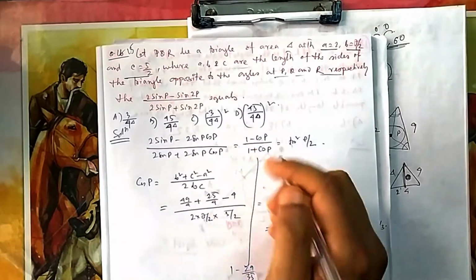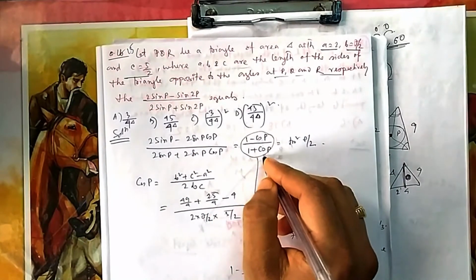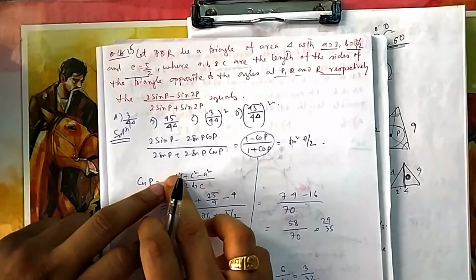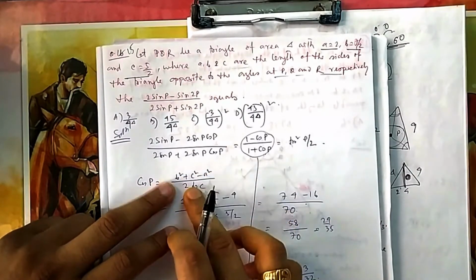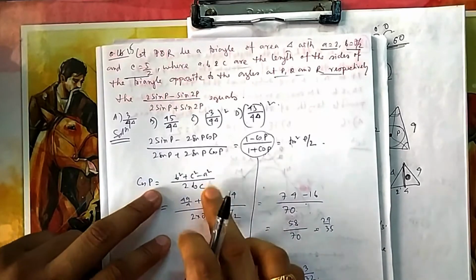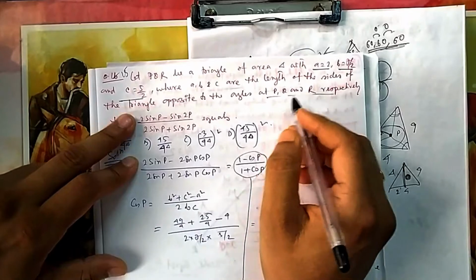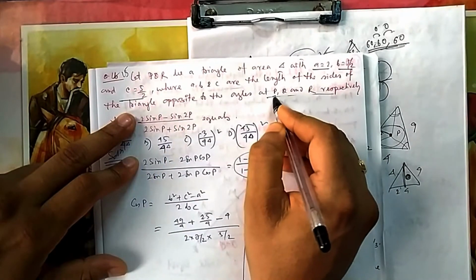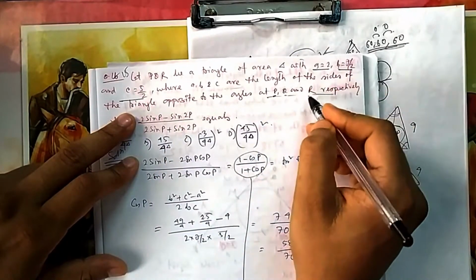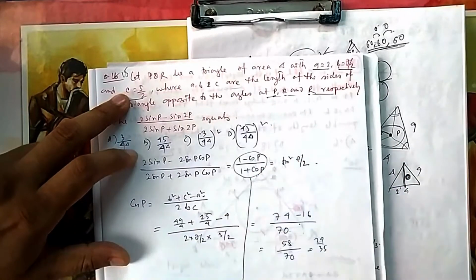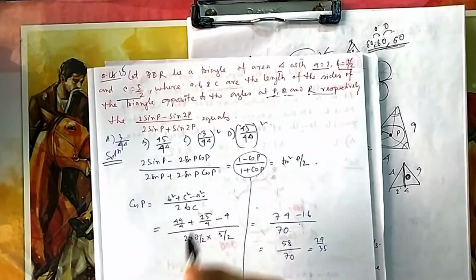If you simplify this one, there is something special, cos P. So cos P, you can calculate. Cos P will be (q square plus r square minus p square) by 2qr. So you put it there. The minus will be only for p. You see this is a, b, c and the angles are P, Q, R. Opposite to angle P is a, Q opposite is b and R opposite is c. So P opposite a, so a should be negative. So that is the idea. You just think in that way.